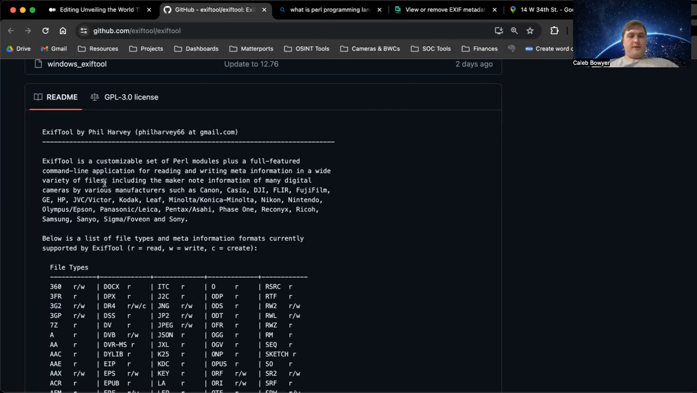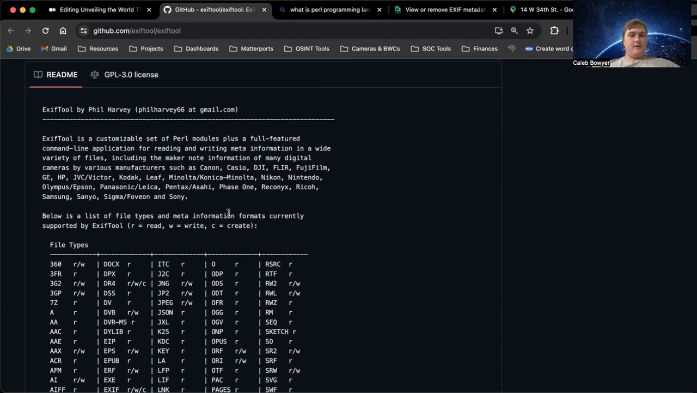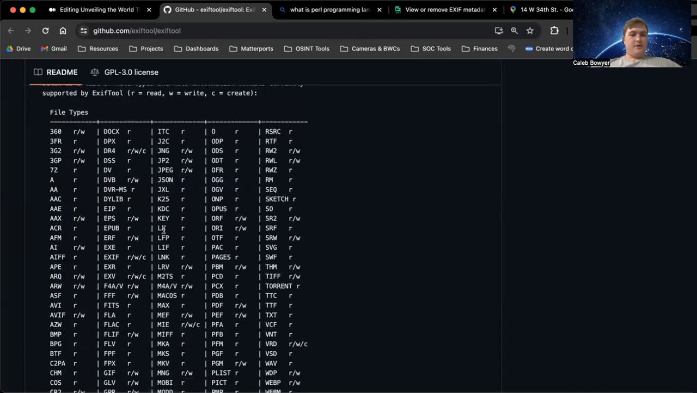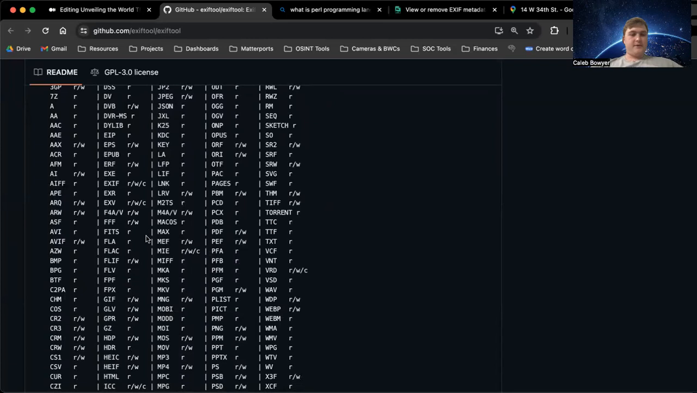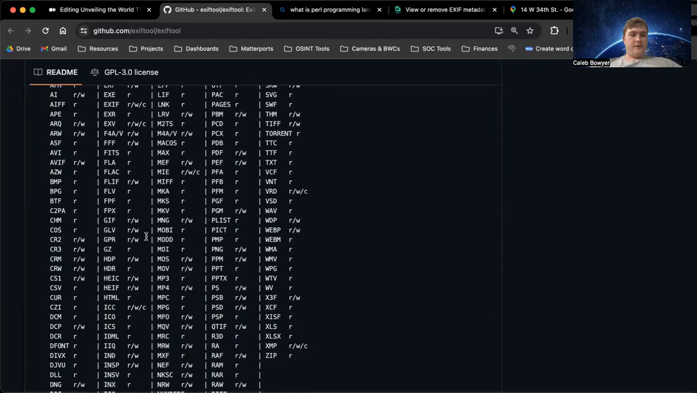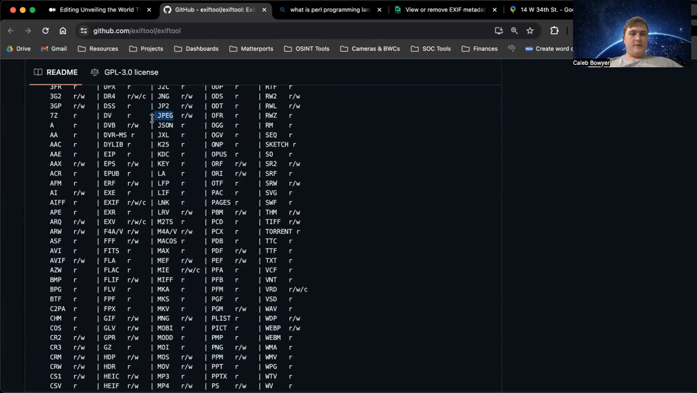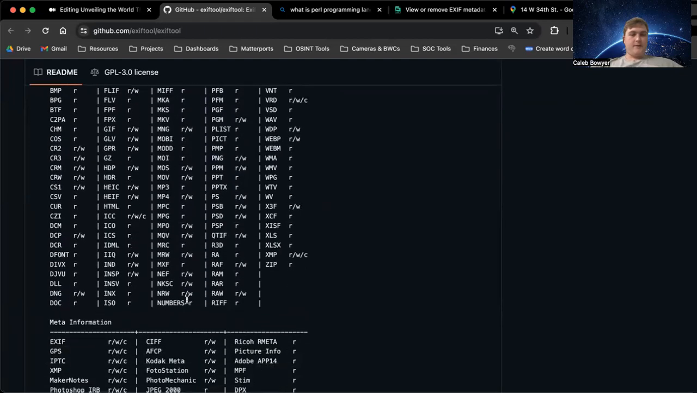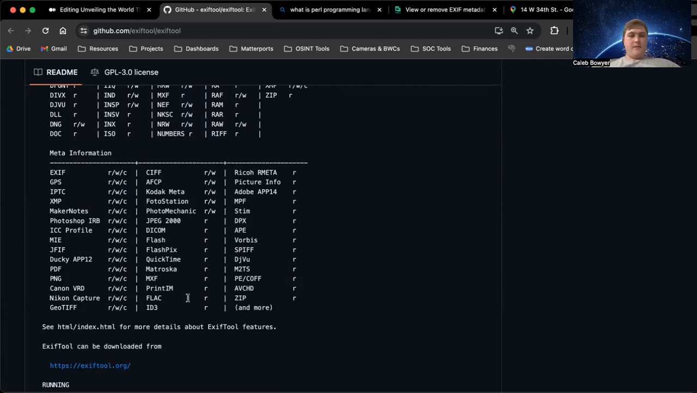And so ExifTool, it says, is a customizable set of Perl modules plus a full-featured command line application for reading and writing meta information in a wide variety of files, including for many different digital camera manufacturers such as Canon, FLIR, HP, Kodak, etc. You can see there's quite a number of file types supported. That's everything from PNGs to JPEG and a number of other recognizable file types and others not so recognizable. Moving along,